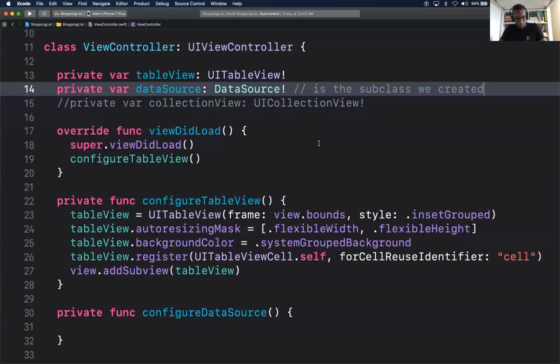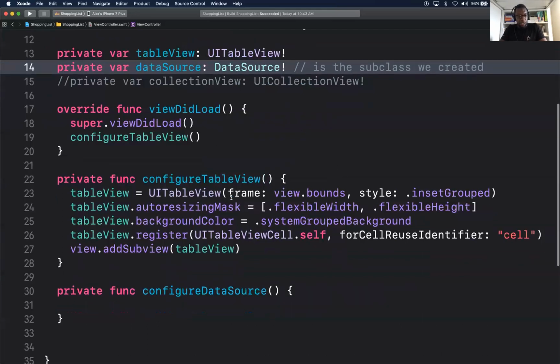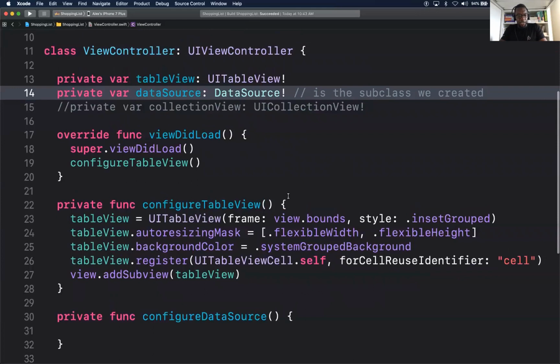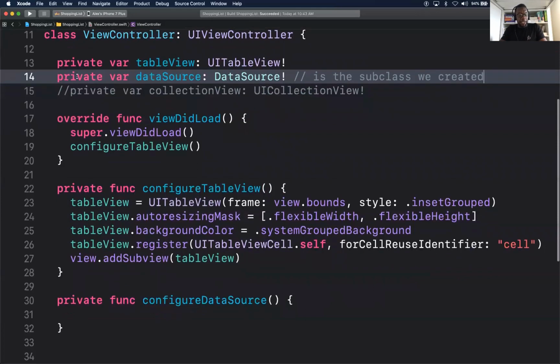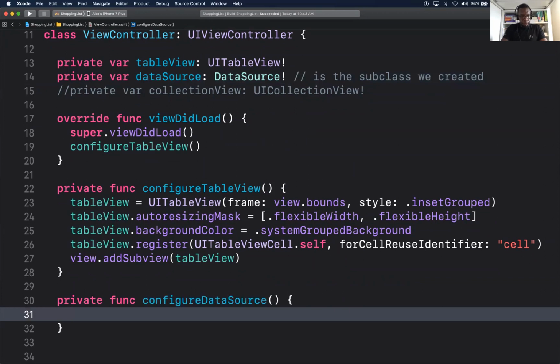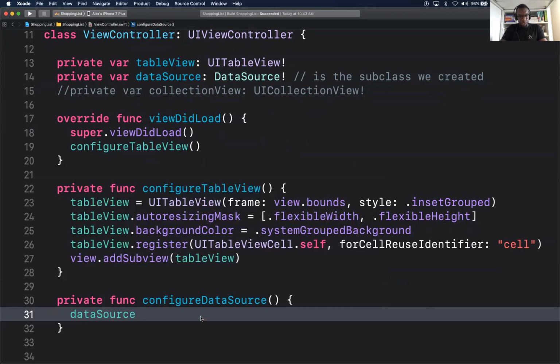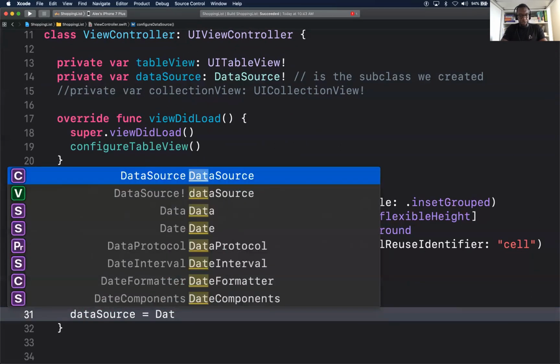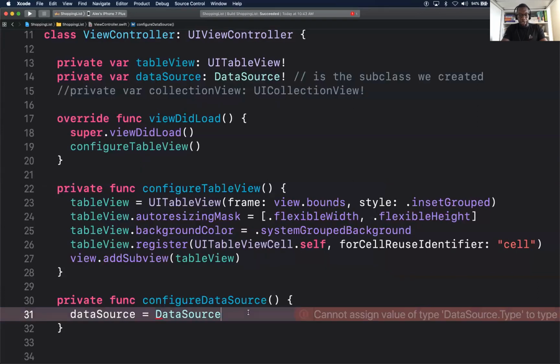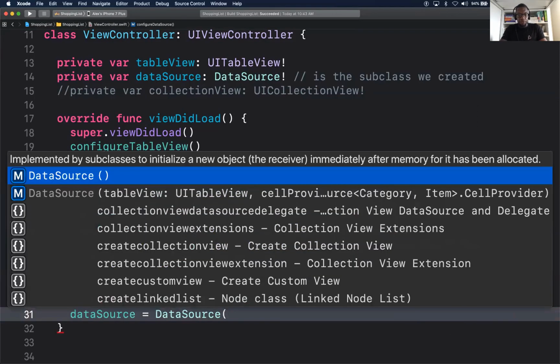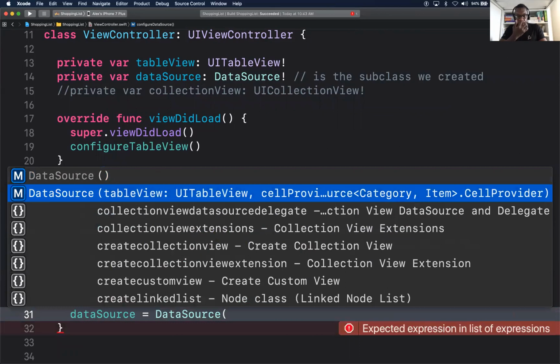Cool. Very good. All right. So we have that data source. We could use it anywhere we want. At the end of the day, you'll see that you could probably use this anywhere you really want some table view or collection view with little code change. So that becomes very flexible. So let's go ahead and configure it. Back in my configure function, I'll say data source, our instance data source, equal to data source, the class data source, and open parens. Again, open parens, and select the one that has the table view initializer.